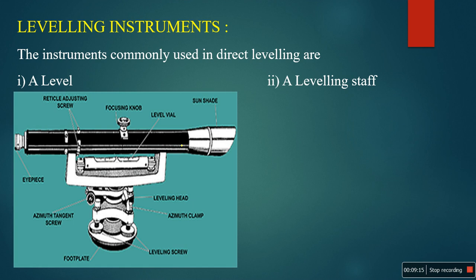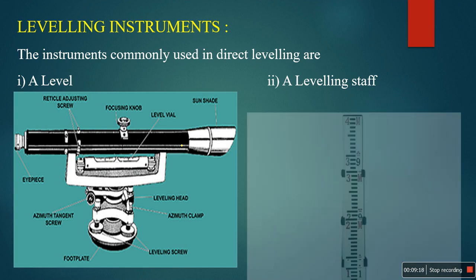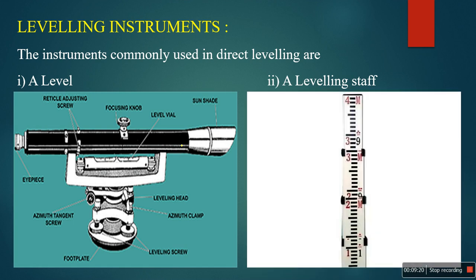Then we have to take the leveling staff. What is the leveling staff? This is one image of our leveling staff. On that they mark black and white marks. Generally it is black, and in the background it is white. On that they have marked one big line, then small lines, again bigger than the previous small line, and again bigger. They have marked readings like your tape or your scale.